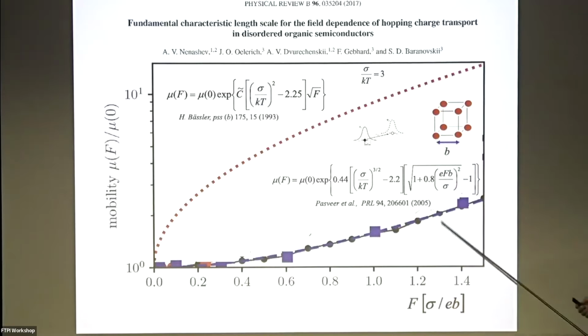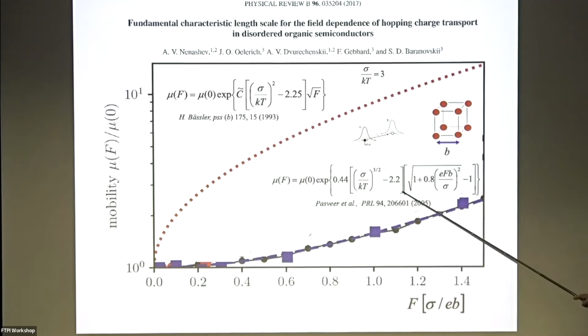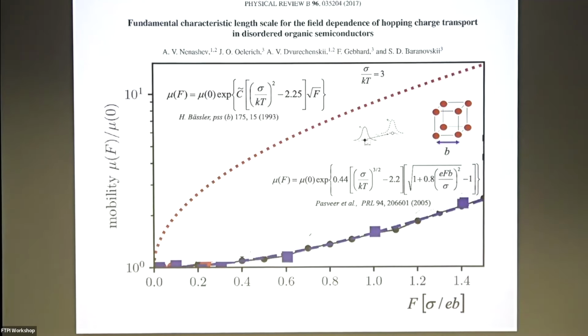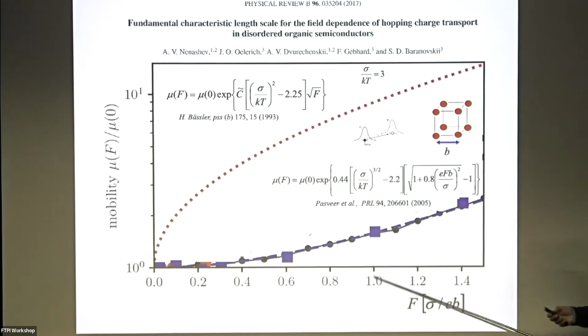So we did it for a couple of years, and this is the result. This is the result of this equation, and this is the result of this equation. Okay? There is one parameter in the equations, sigma over kT. kT at room temperature is 25 meV, and the most reported number for sigma is 75 meV. So every organic electronics person will tell you it's a possibility, 3. So we put 3 here, and this is the result. And they simulated the very same system, and both simulation algorithms were correct. What does it all mean?